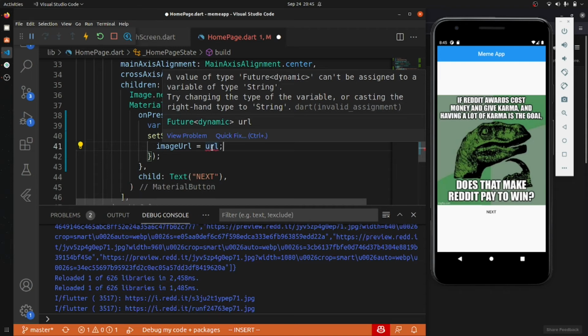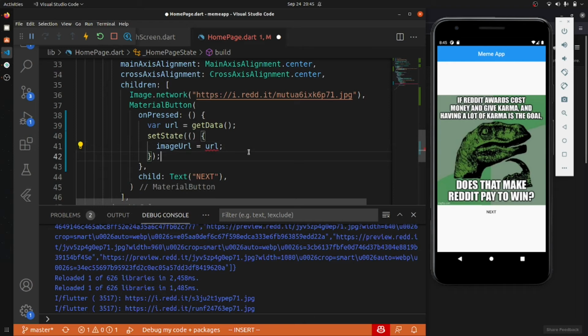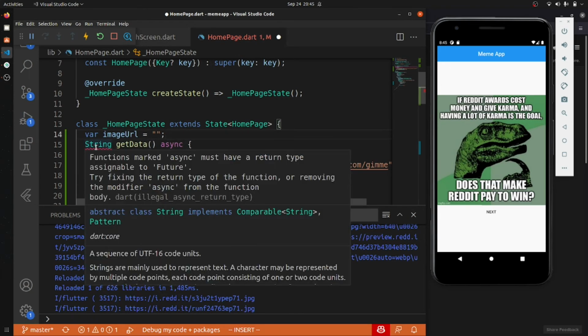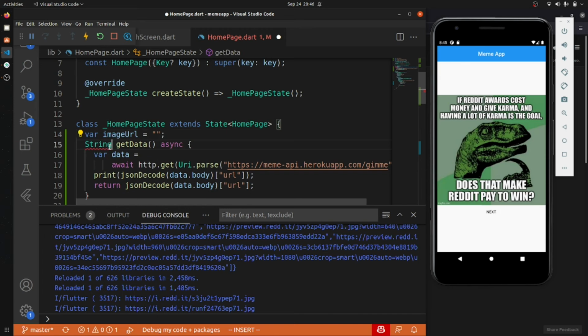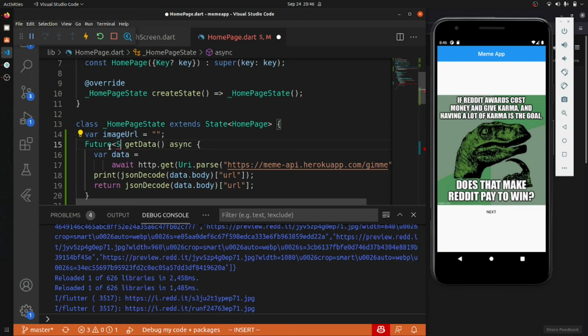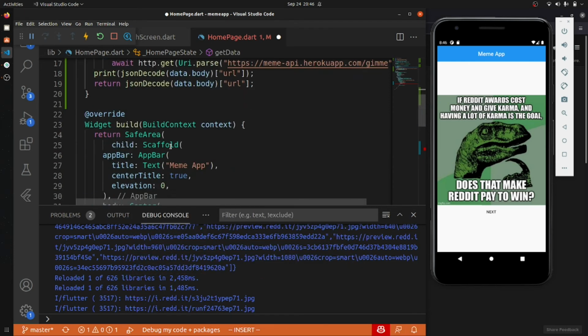So once again, this is getting us this thing because we have set it as future, so we will just go with the string. Async should return a future. So we will just call the future of string, no issue with that.